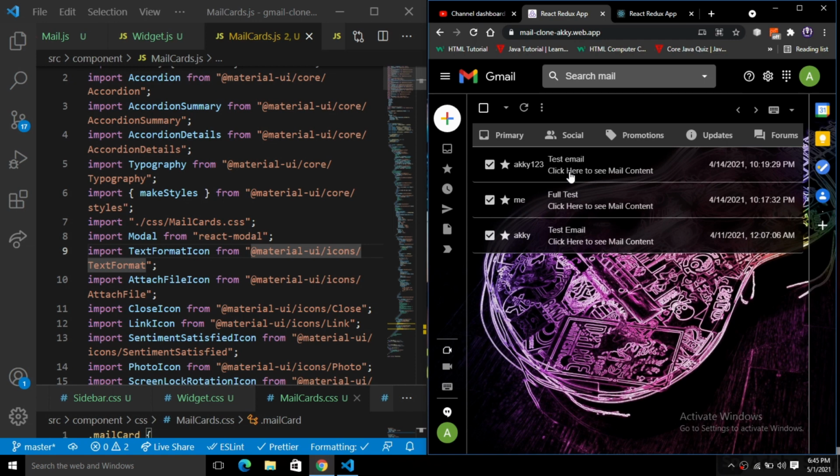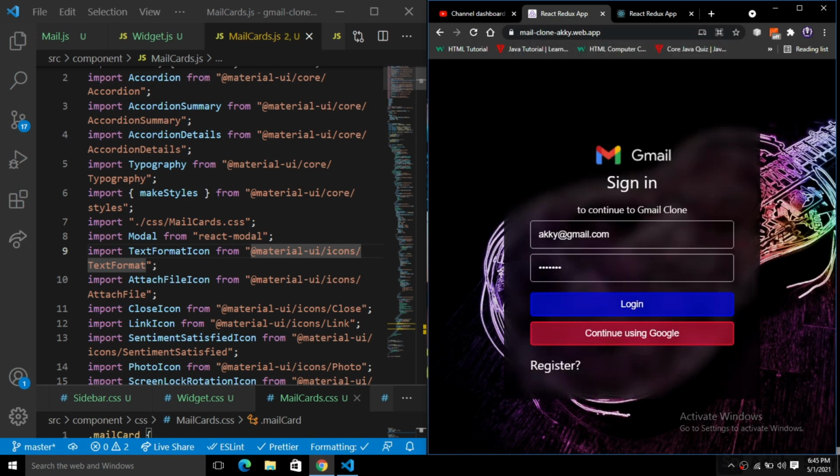Our main aim in this part is to build a user authentication system using Redux. When I click on this once again, we will log out from here. Next we have a register. If a user is not registered yet, you first have to register here. We have a single, very nice UI for the login and the register. Here we will register, and after that we can use this application.